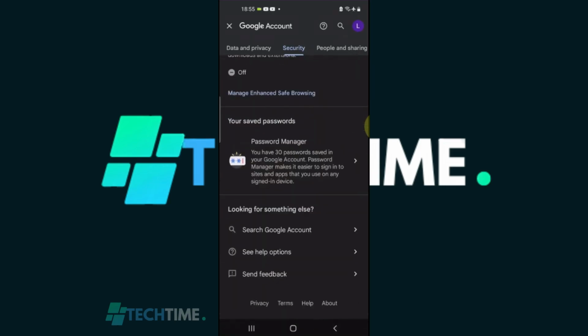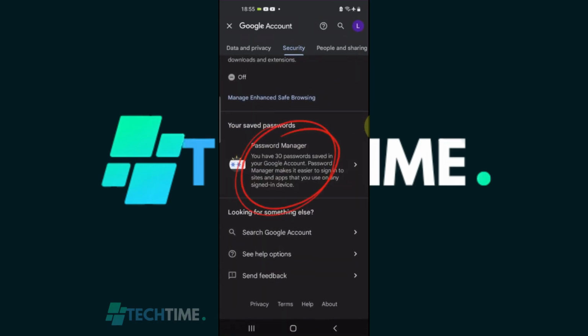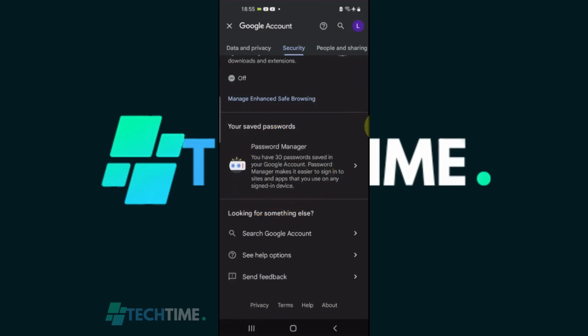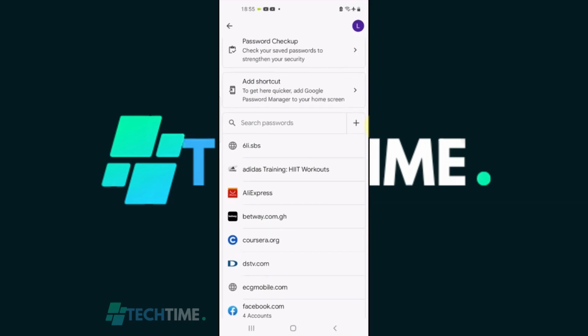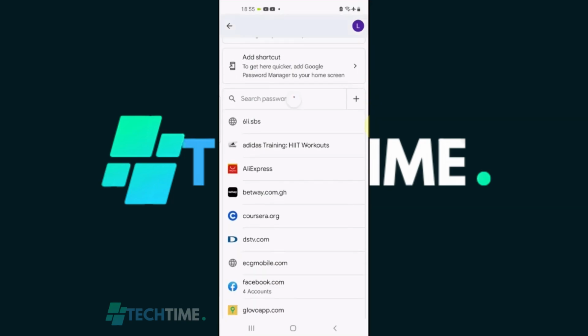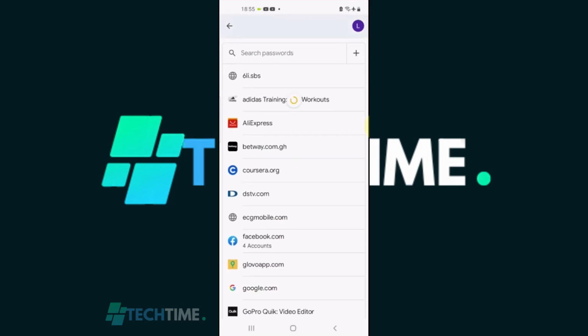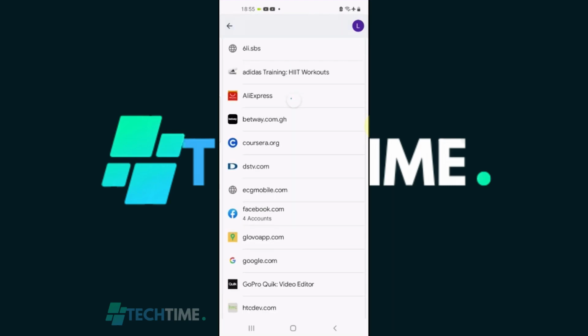Let's go down. You see your saved passwords to all the accounts that you've opened on your phone are saved here. Not only your phone, but anywhere that you log in, your Gmail, we have it here. So let me tap on here. When I tap on it, we can see a lot of sites that I have opened on this